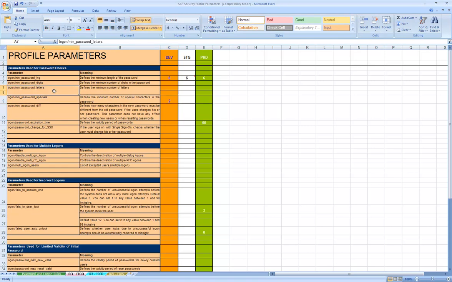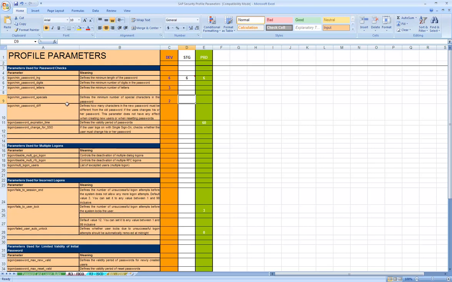Same thing happens with letters. If I give 1 or 2 here for letters, the user is forced to use at least 1 letter, or if I give 3, three letters in their passwords. Now by default some of these parameters are not activated, and some of them have default values. So depending on your situation at a customer place and the corporate password rules, you have to set these parameters accordingly.